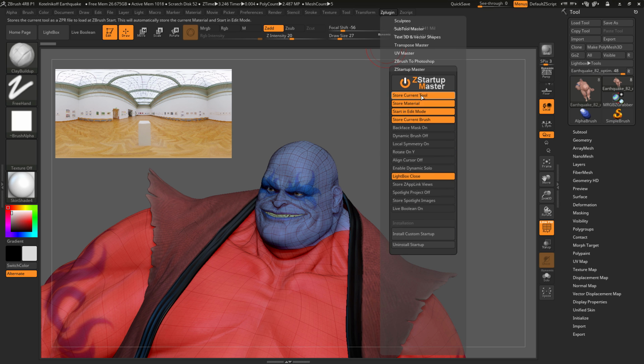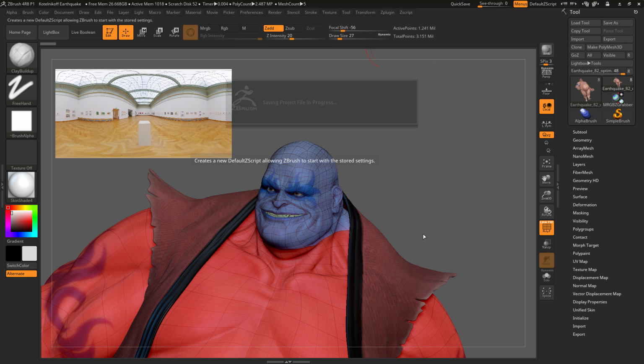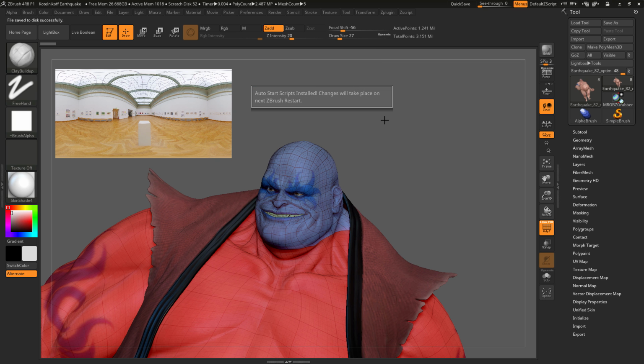So I want to store my current tool, store the material, start in edit mode, store my current brush. I then want to store my ZAppLink views, so the views that I set up for Earthquake here. I also want to store my spotlight images and also disable the spotlight projection. So now I have all these different options set, and now I can simply click Install Custom Startup, and now it's going to install this as my startup. So now if I restart ZBrush again,